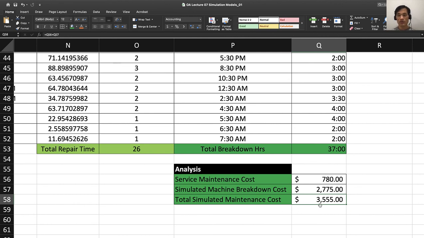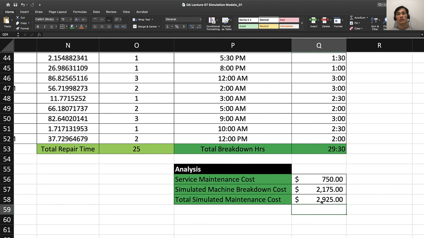And total simulated machine cost is just adding this up. That's at $3,555. That's what we can see in this case if you add them up, right? So this is how you can do simulation. It's quite powerful for you to